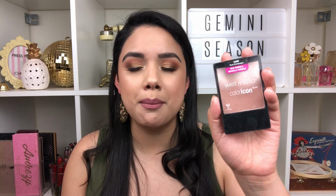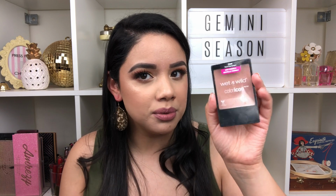I like a little hint of color here and there, but this kind of reminds me of that NARS, what is it called, Madly, a little bit, almost like a dupe, giving me those vibes where it's there but it's not, but it is but it isn't. That's how I like my blushes. If I don't use a color like this, then I'm using a peach shade, because that's just the vibes I do. I'm not a pinkish girl, but if I'm going to do pink,